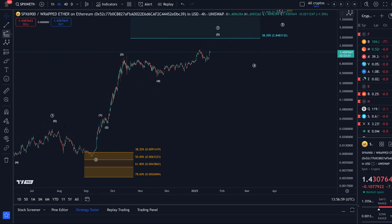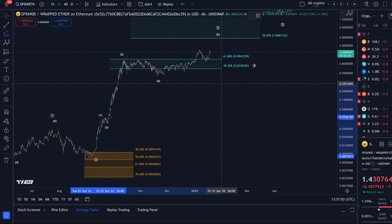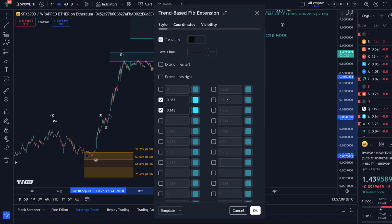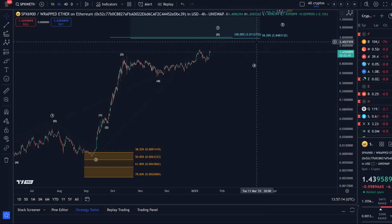Another way of measuring, by the way, would be to take the length of the wave 1. We go to the low of the wave 4. And the 100% extension is a key target. I think it's the same level, isn't it? Yeah, so there is some confluence around $3. So, I mean, maybe it's going to get there, okay? It seems a bit far away, but actually,